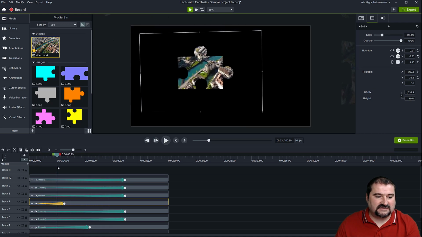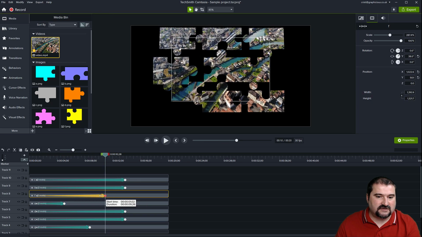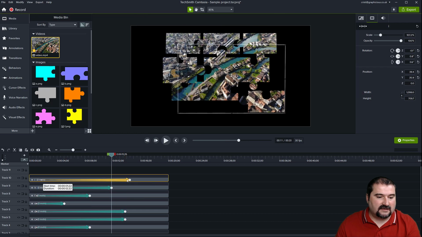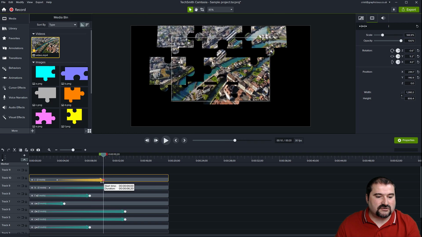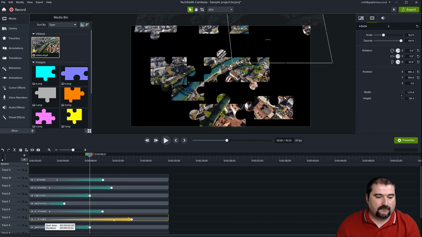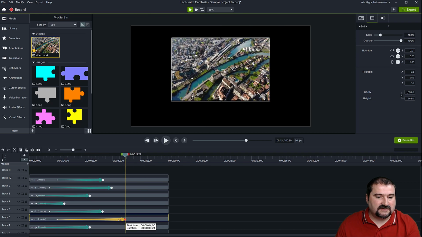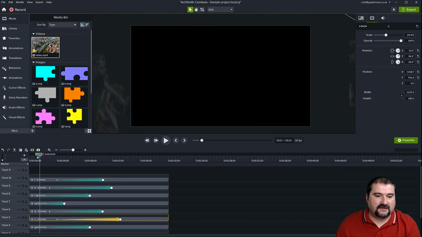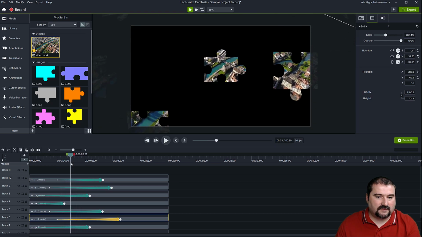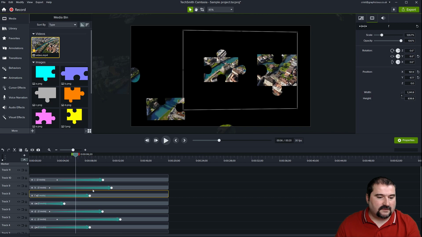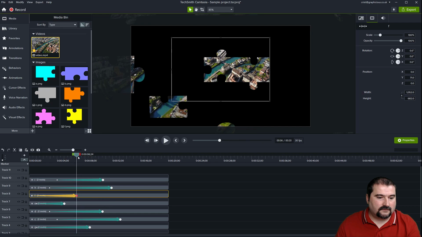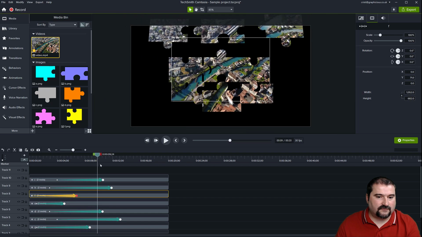So you can actually start bringing some of those in. As this one is partially down there, you can actually go and change their offset a little bit. You can make some of them come in later and some of them sooner. Just make sure that by the time everything's finished, you still have some space for them to animate. So I kind of like the one that comes in here, this one, and I want it to come in sooner.